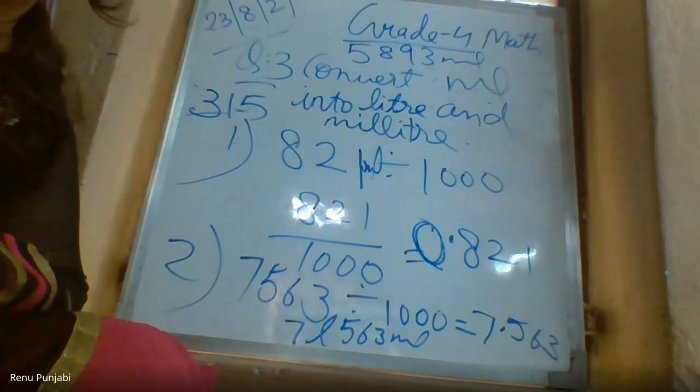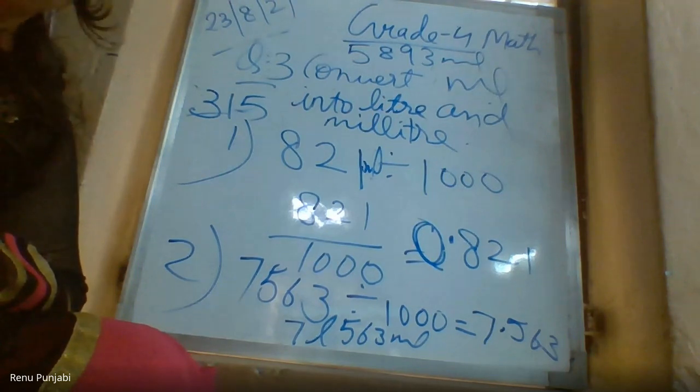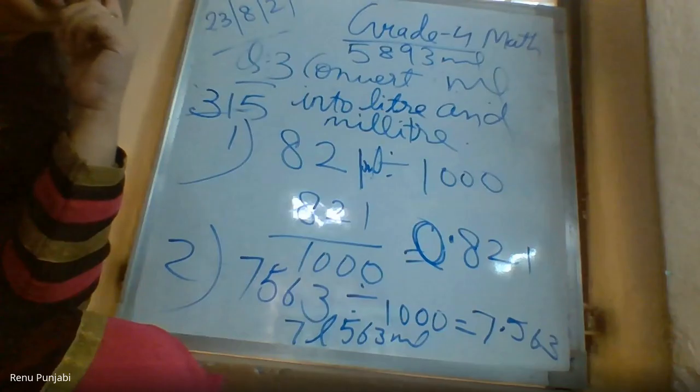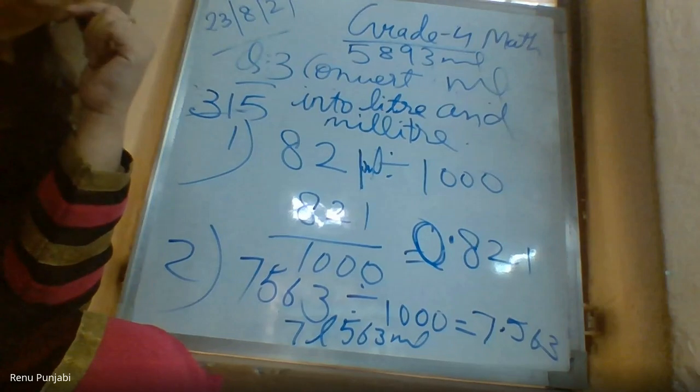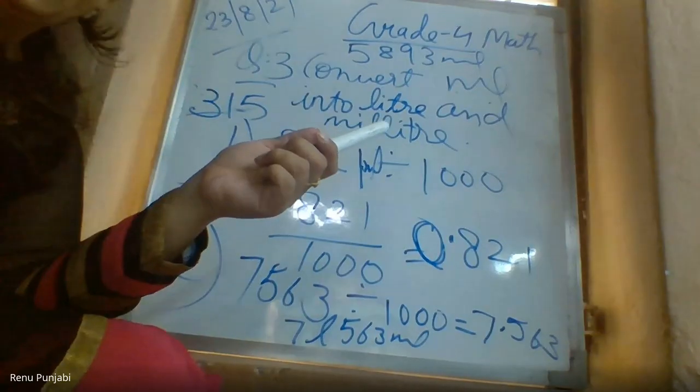Yes, Arth, please try. Those who have got the chance, please lower down their virtual hands. Yes, Arth. Ma'am, 9,564 is equal to 9 liter 564 ml. Very good. Yes, Dwani. Ma'am, 9,825 divided by 1,000 is equal to 9 liter and 825 milliliter. Krishav, are you writing in your notebook?